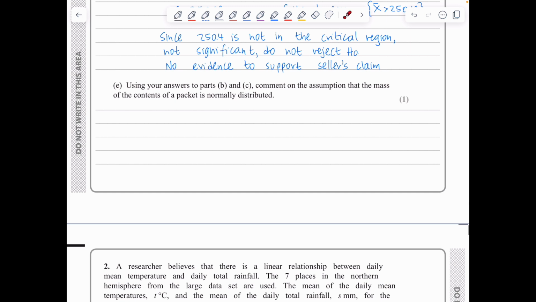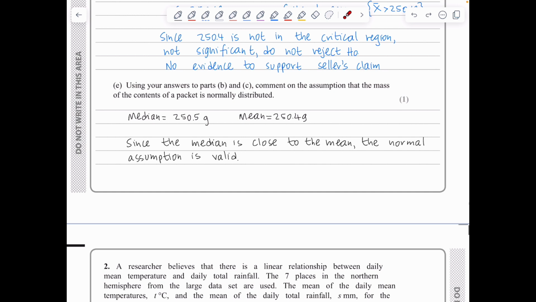For E, we need to use our answers to parts B and C, so the calculation of the median and the calculation of the mean, to comment on the assumption that the mass of the contents will be normally distributed. Well, remember that we have found the median to be 250.5 grams and the mean to be 250.4 grams, so they are quite close. This is actually evidence in favor of the normality assumption, because we know that for a normal distribution, the mean and the median are exactly the same, because the normal distribution is a symmetric distribution. So all we need to say now is that since the median and the mean are close, then the normal